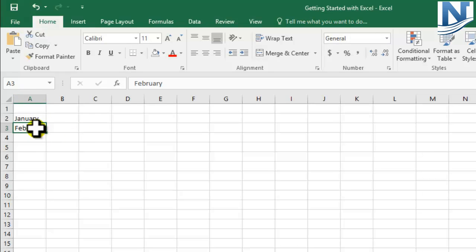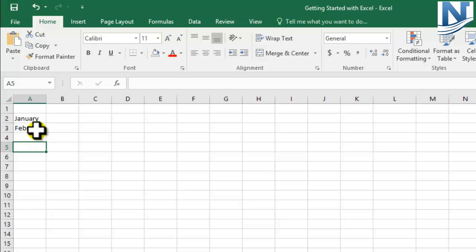So when you want to edit the data inside the cell, either you can do it from the formula bar, or you can double click on the cell, or you can click on the F2 shortcut and you are inside the cell for your editing. Now I want to input more months, but I'm tired of typing each and every month. Now the autofill function will come to our rescue.